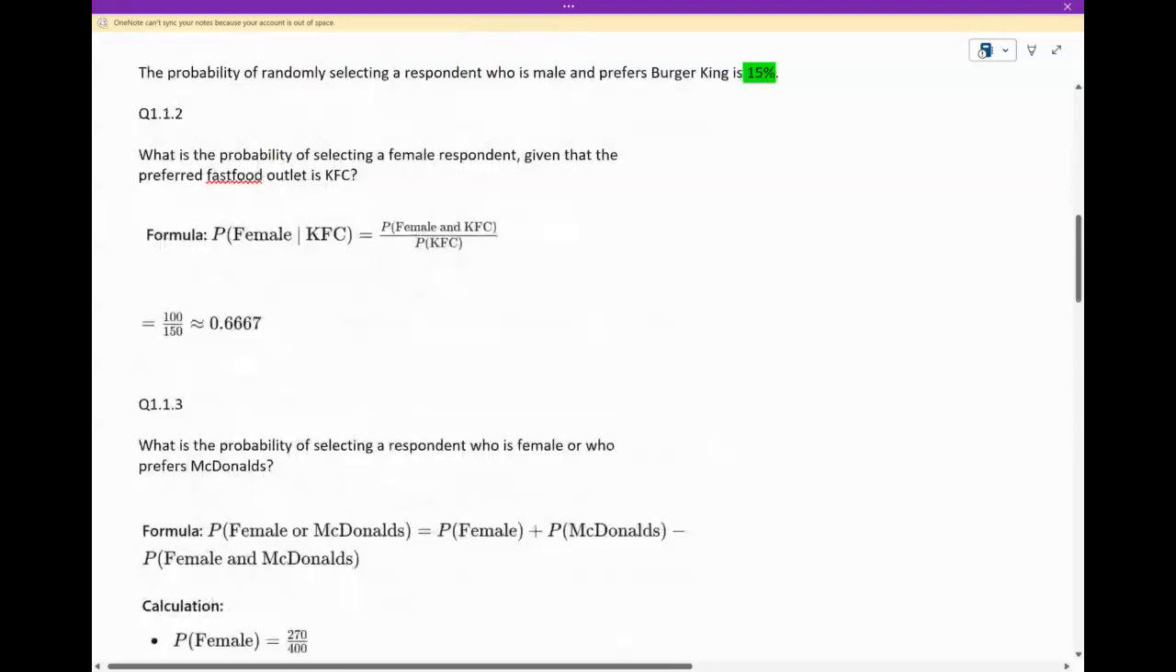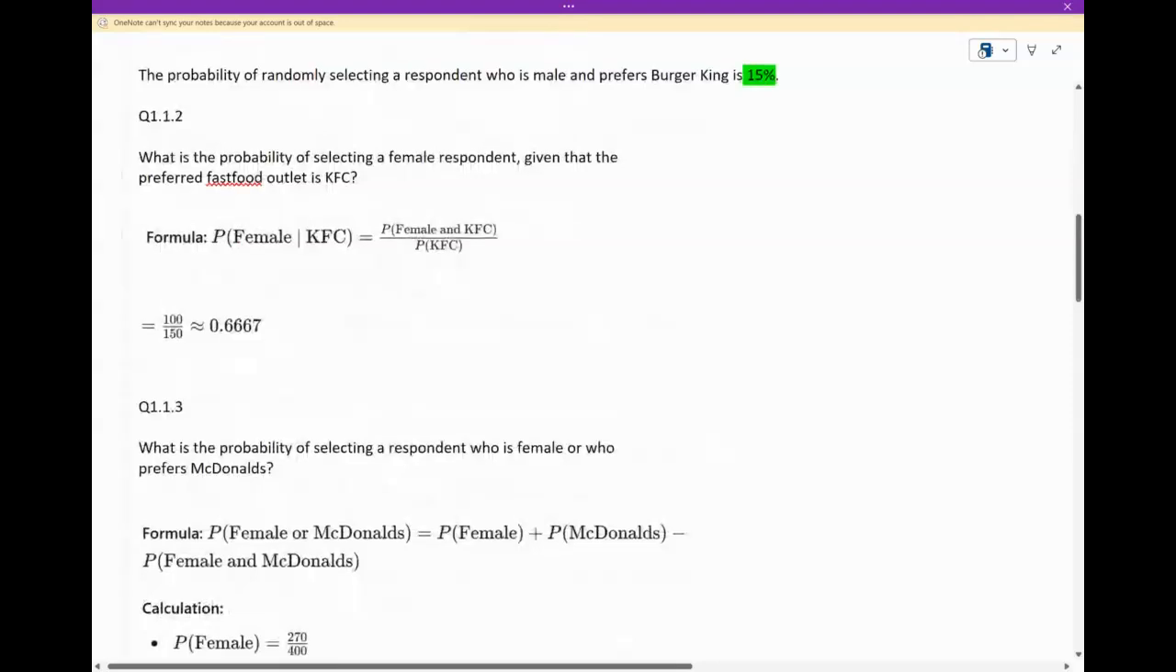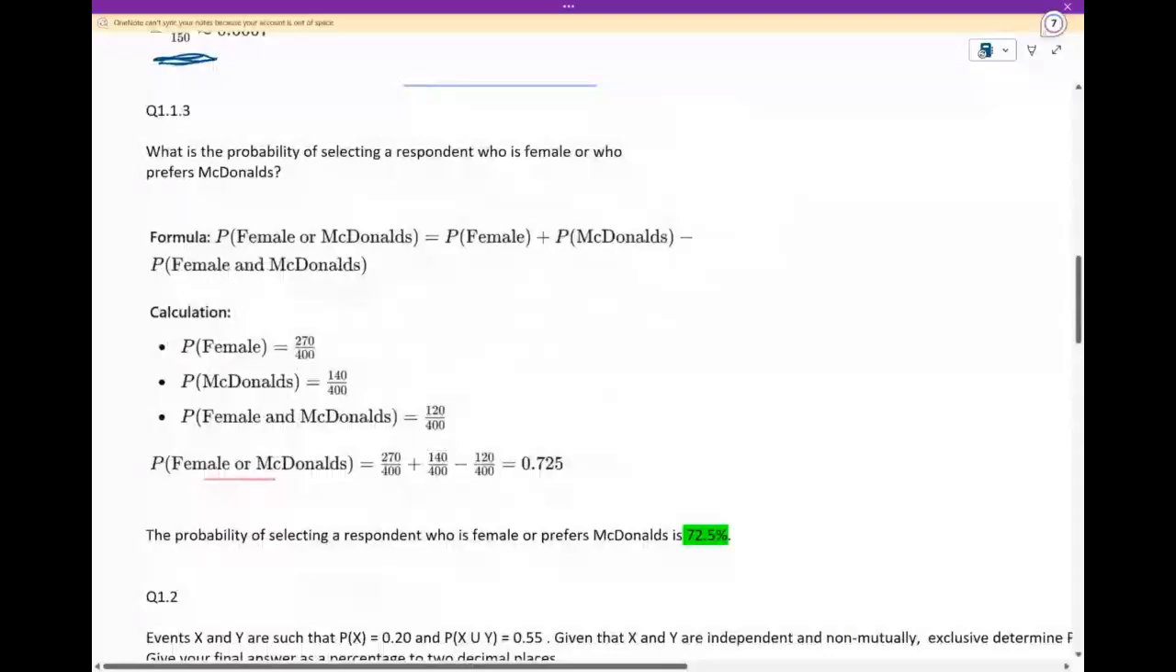So it's a matter of practice. And English, once you get used to the different terms that they use, you immediately know this is what they're alluding to, what they want me to do. Am I dealing with conditional? Here now, they're saying, what is the probability of selecting a respondent who is female